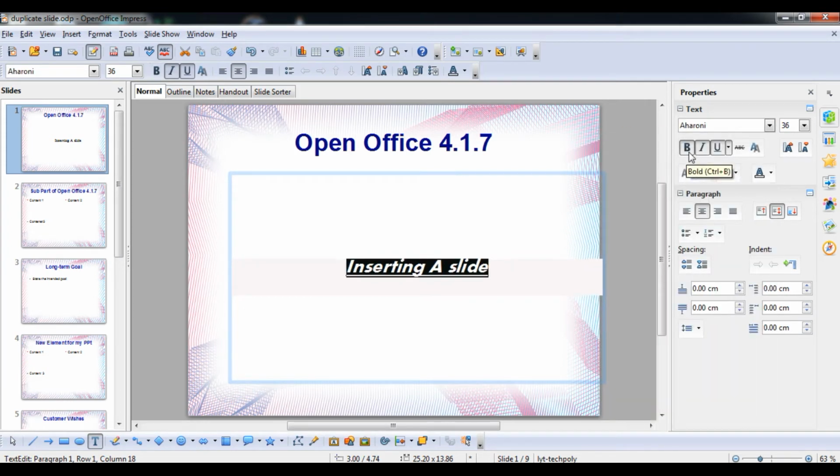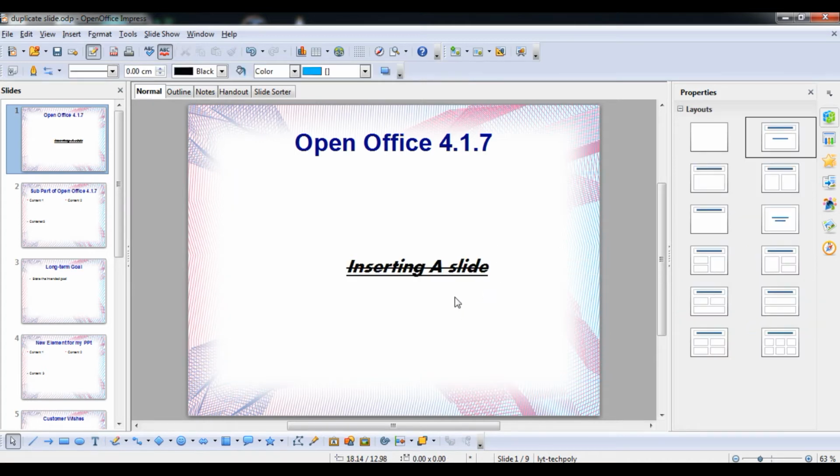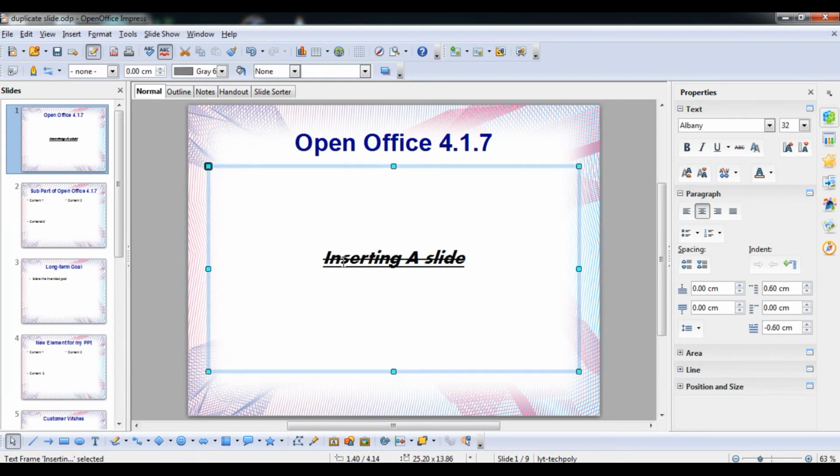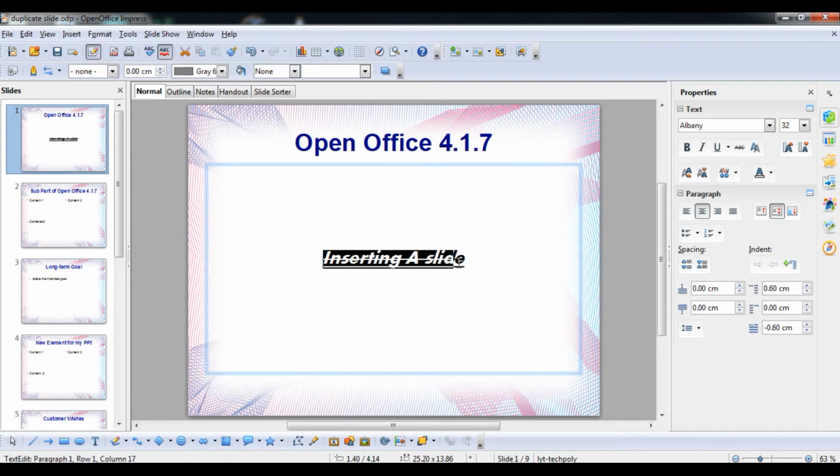Now you can see, student, if I click on this, let's understand it. Here are bold, underline, italic, and here is strikethrough. Now you can see strikethrough looks like this. As you select it again, the functionality of the format toolbar will automatically open.